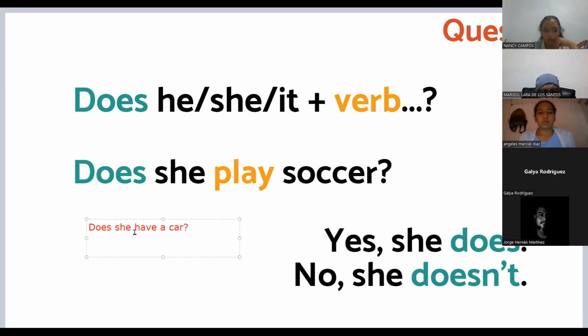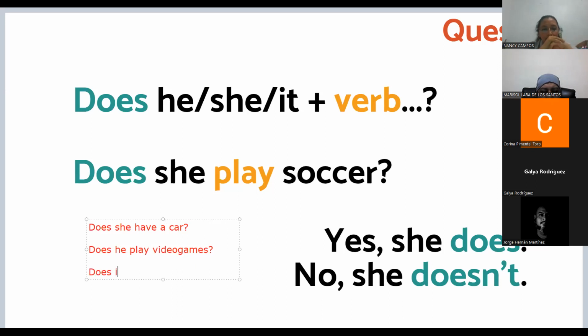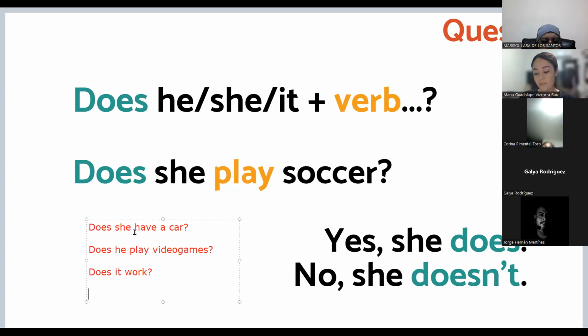Nancy, another one? Does he play video games? Excellent. Does it work? Me están vendiendo un celular viejo. Does it work? Y si funciona. Funciona. Does it work? And then the way that I answer, again, I'm going to answer with my auxiliary verb,